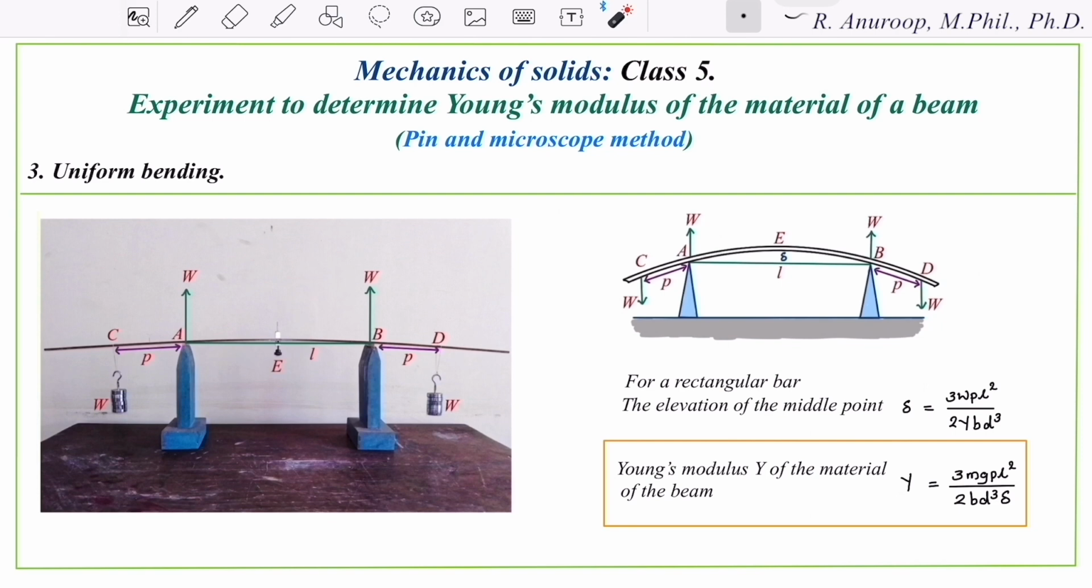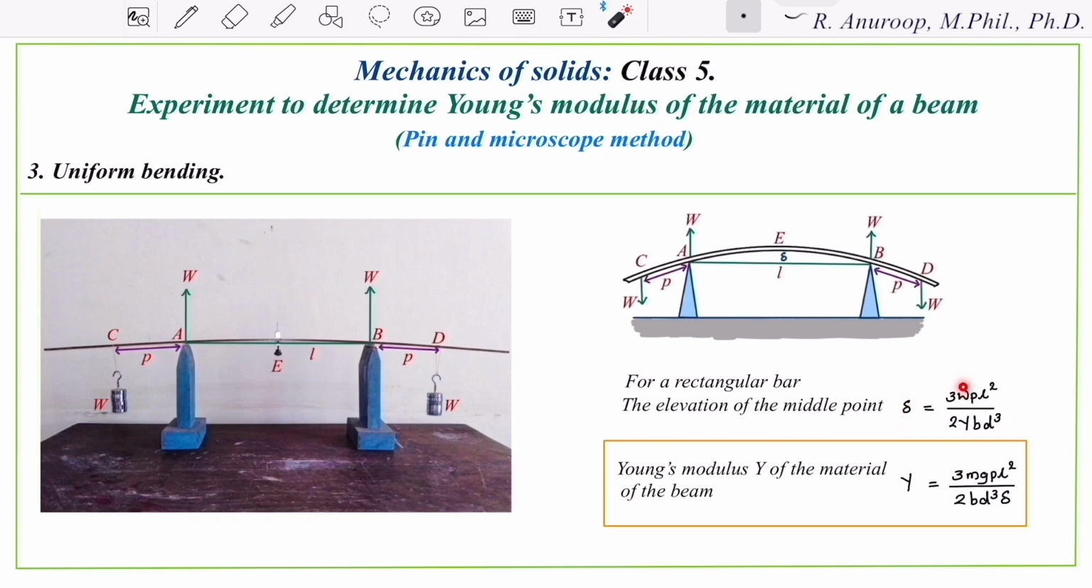Because of this type of loading, the beam will bend, and the bent beam forms an arc of a circle with a constant radius of curvature. Therefore, the bending is uniform, and we say the beam undergoes uniform bending. Because of this uniform bending, there is an elevation at the middle point of the beam. Now we have seen that for a rectangular bar, the elevation of the middle point delta is given by 3WP square divided by 2Y BD cube,